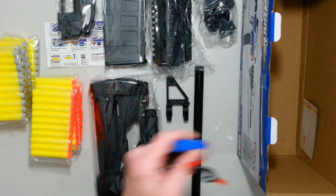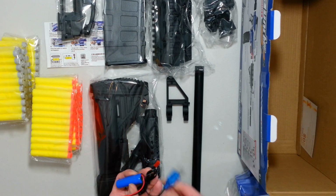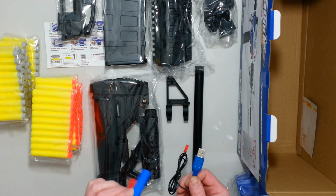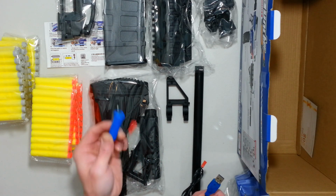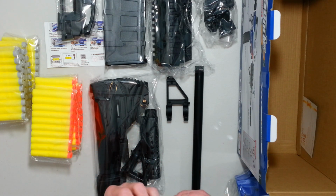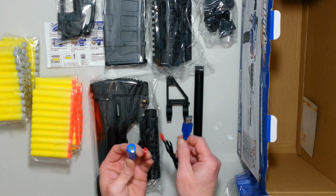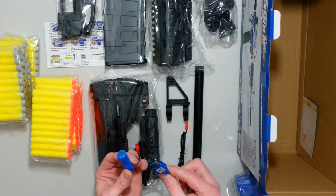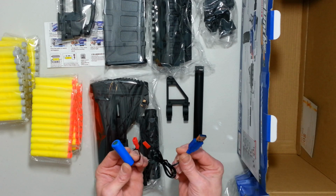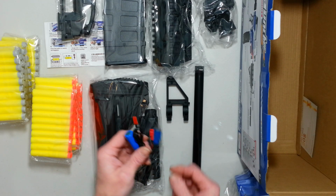Oh Lord. Battery and USB cable. This is a sorry little battery. If this blaster runs on this, I'm gonna upgrade it. Ooh, and this charging wire, I will not be surprised if the wire will almost melt or be...